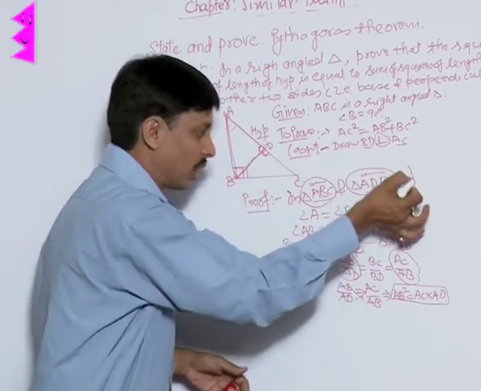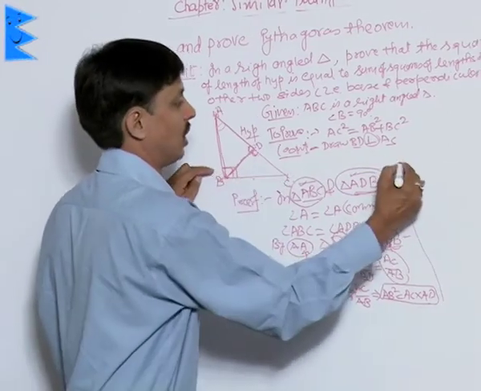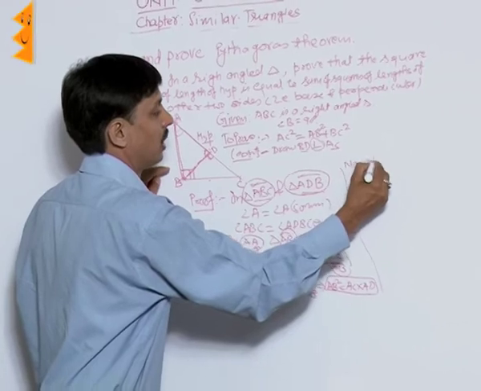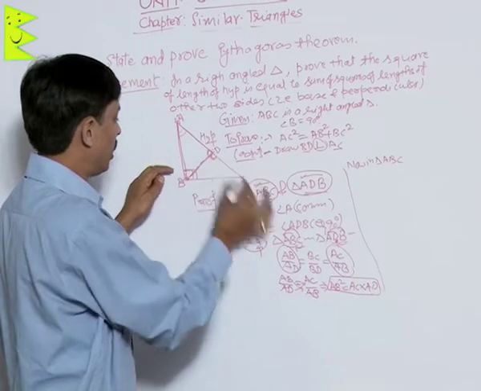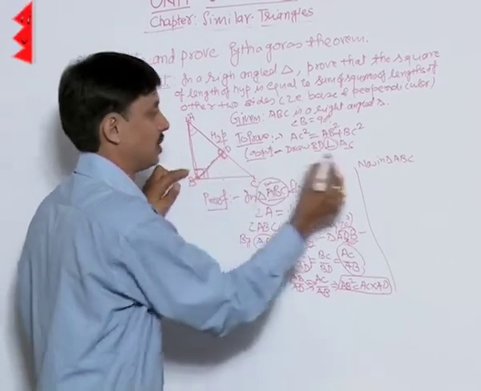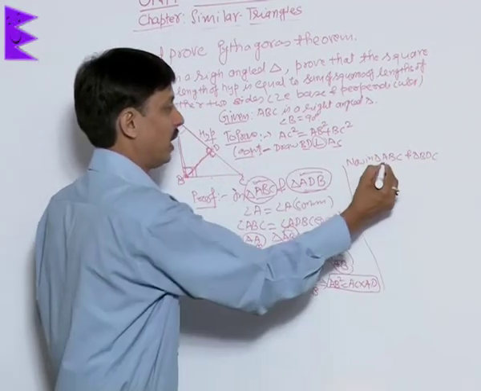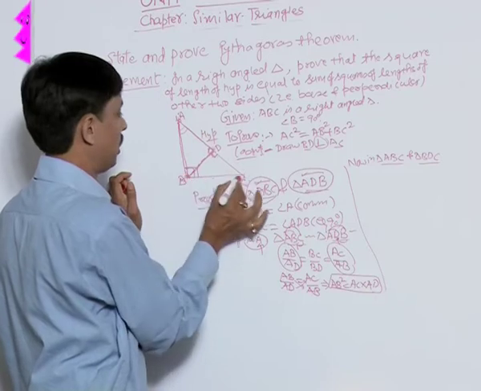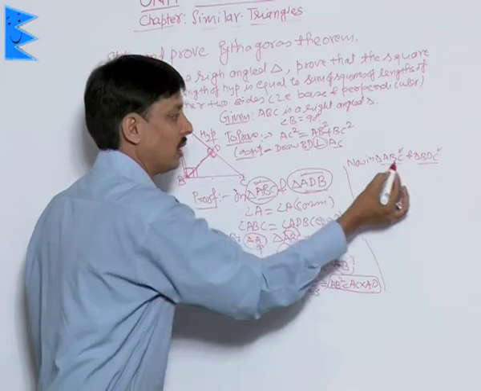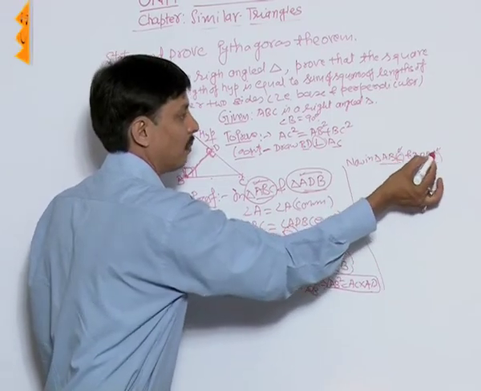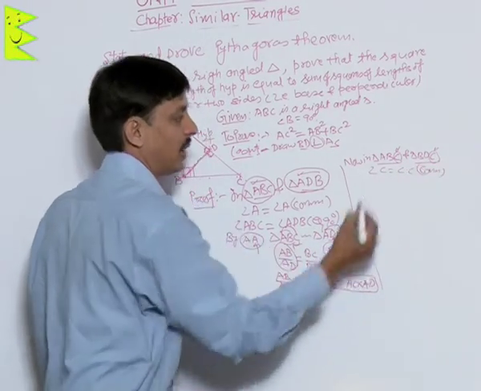Now I am going to take the second set of the similarity, that is in triangle ABC. ABC is the same, but I am changing the second triangle downward. It is triangle BDC. If we see in triangle ABC and BDC, ABC is this triangle, BDC is this triangle, we find angle C, that is the third vertex angle, in both the triangles is the same. So angle C is equal to angle C, we will write it is the common angle.